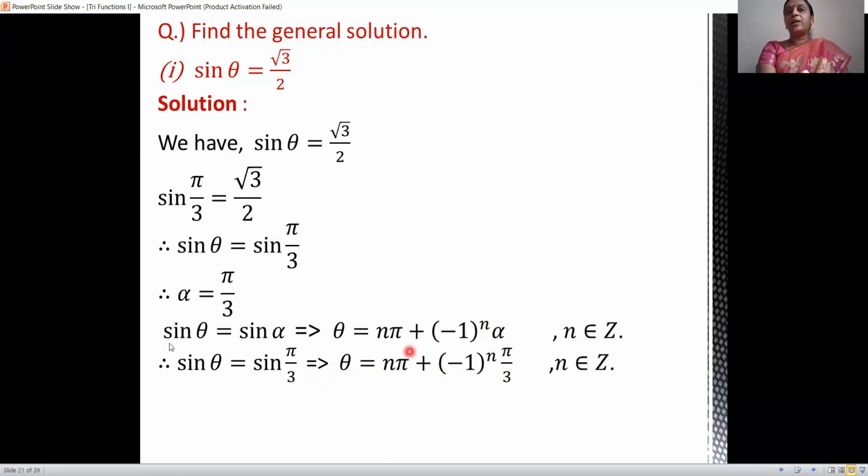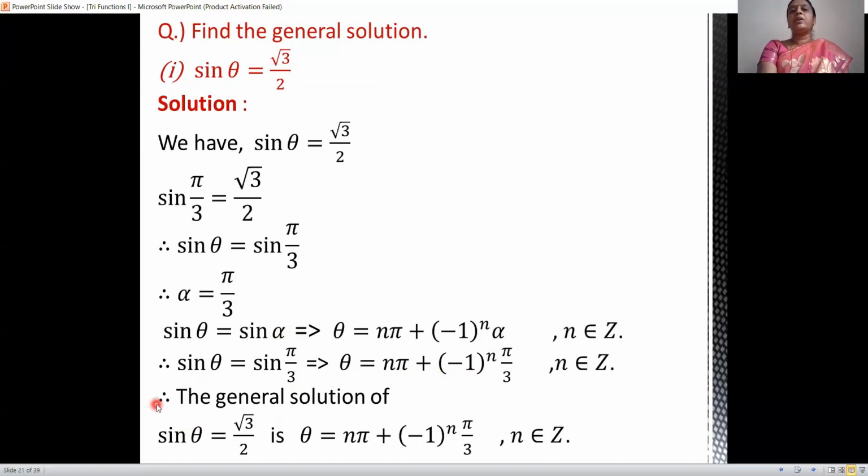Keep the value of alpha as pi by 3. Here alpha is pi by 3. Therefore, in this formula we replace alpha by pi by 3. Here also alpha is pi by 3, where n belongs to Z. Therefore, we get the general solution of sine theta is equal to root 3 by 2: theta is equal to n pi plus minus 1 raised to n into pi by 3, where n belongs to Z,